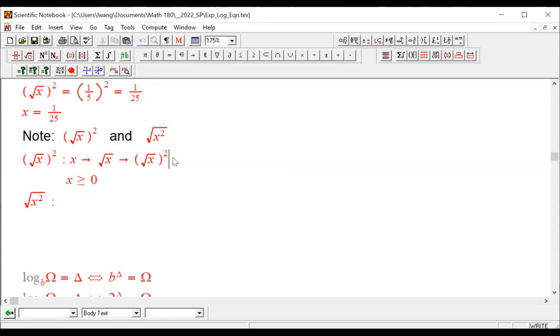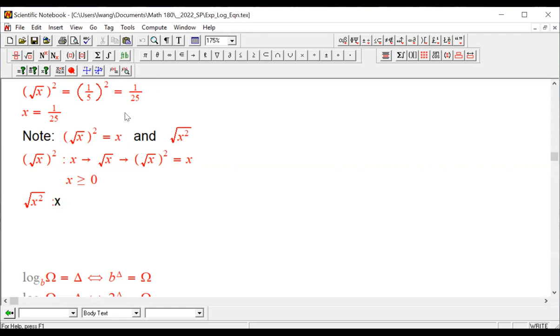So as a result, the consequence is going to be the same as x. We started with a non-negative x, we ended with x. Therefore, this expression equals x. The other one, however,